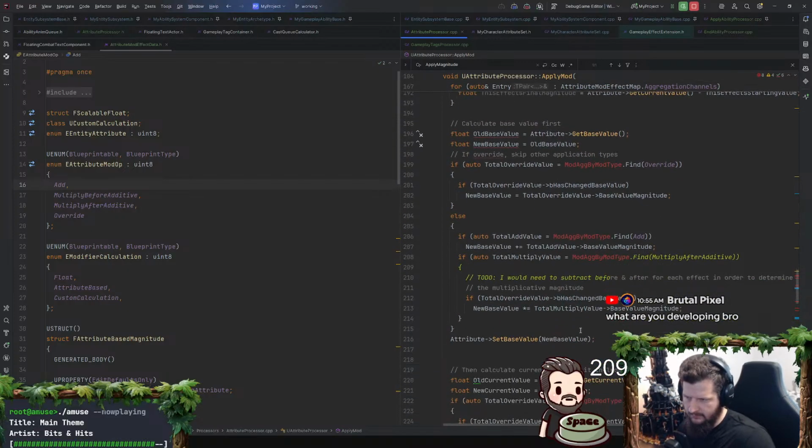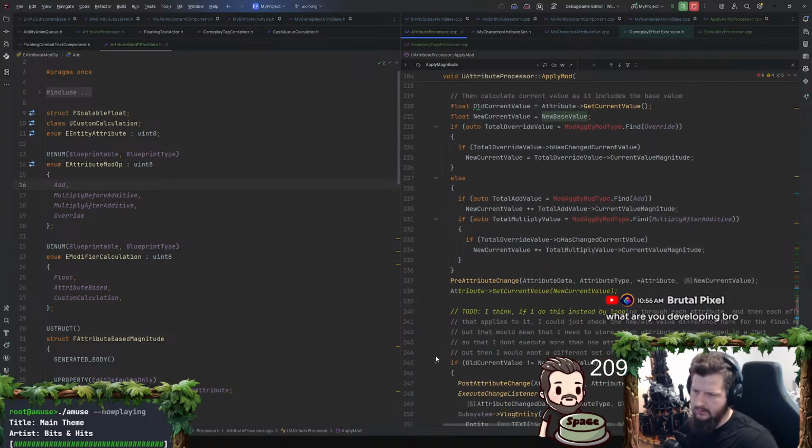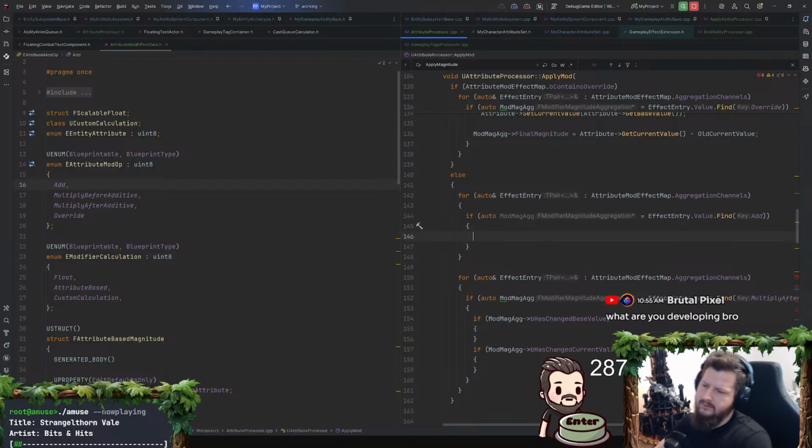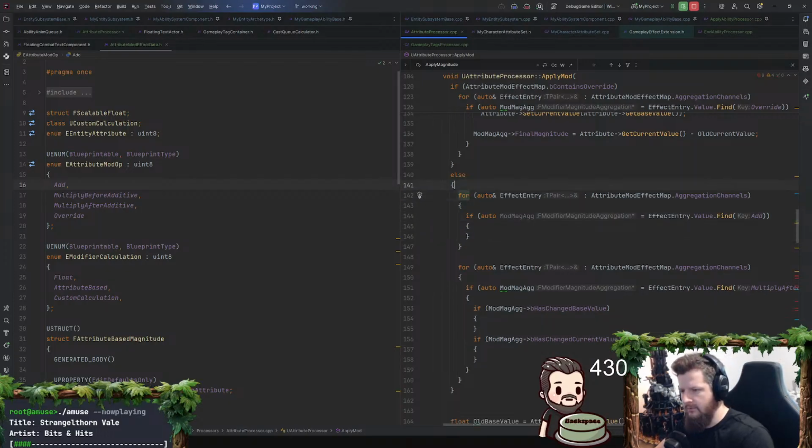What was I doing before here? I would do all base values and then all current values. I think I can do, let's do base and current here. No, because current needs to start at, let's just keep it the same as what it was before.